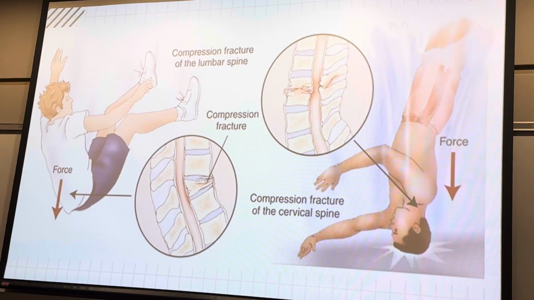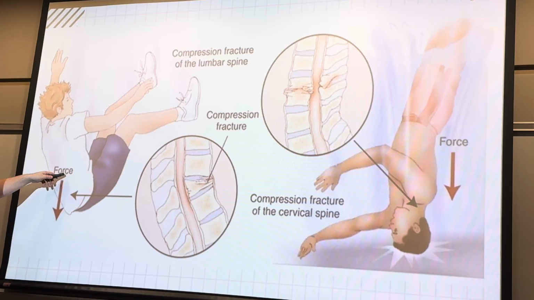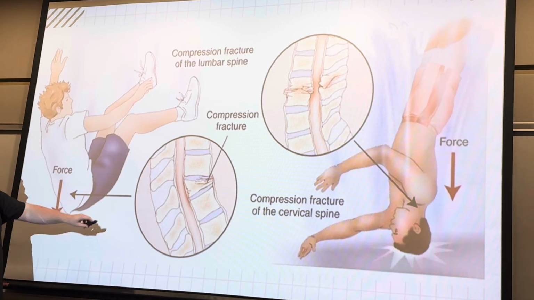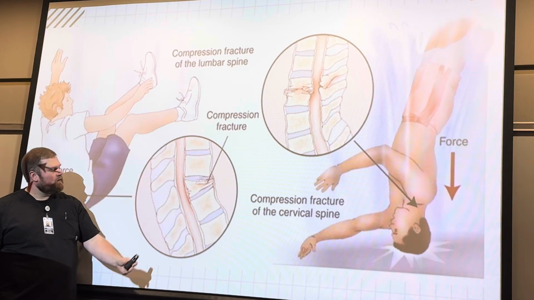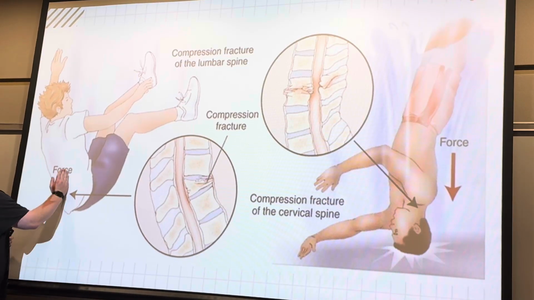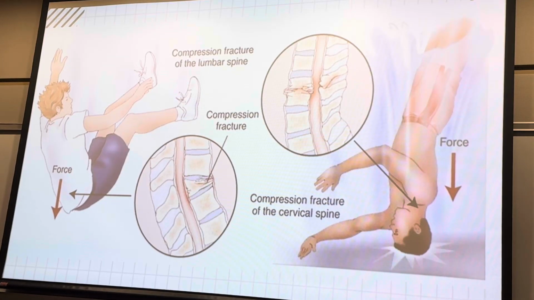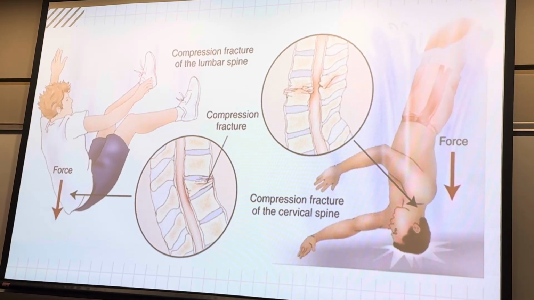Here's your axial injury right here. So let's say 90-year-old Meemaw fell onto her bottom. They already have a weak skeletal system anyway, right? So any type of little fracture because of that excess force that's being applied to that spinal column. Same thing with diving injuries. So you'll see a lot of these as well.